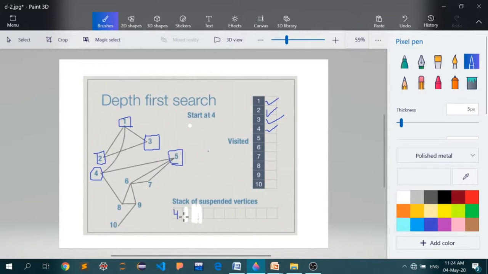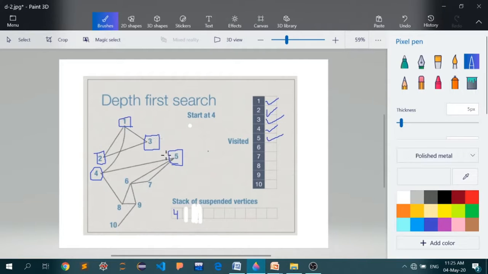Sorry, I did not mention it in the last step, but again we have pushed 4 back onto the stack. Actually it must have been removed when I explored 4 and then pushed back again. So you must not make that particular mistake. And I will mark 5 as visited.